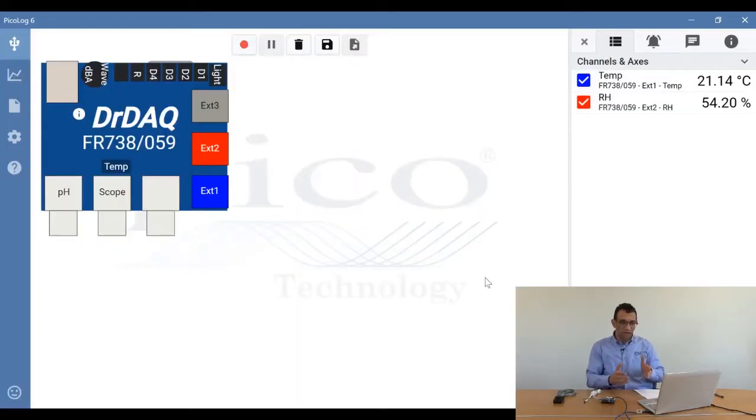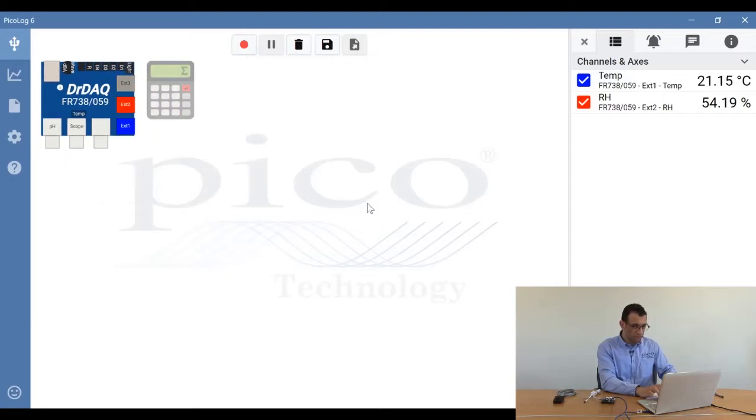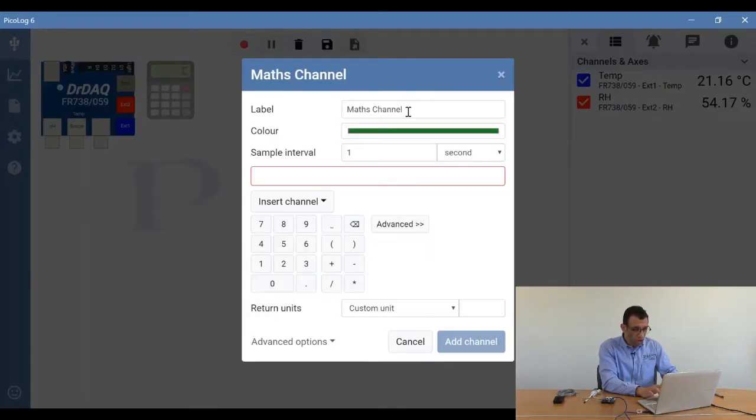And as you can see, we have the temperature and humidity appearing, and we can now add our third channel, which is the dew point channel. So if I click on the screen to minimize the image of the DrDAQ, you can see the calculator there, which is where we input our math channels. So if I click on the calculator over there to enable math channels, we'll call this dew point,